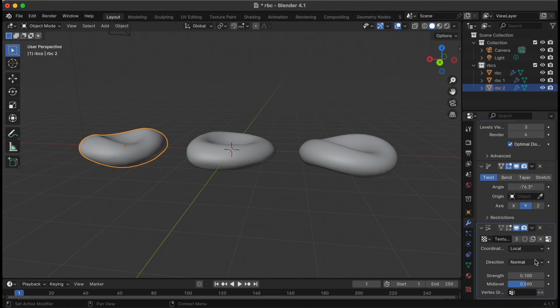And in the displace modifier, we can actually give it maybe 0.03.